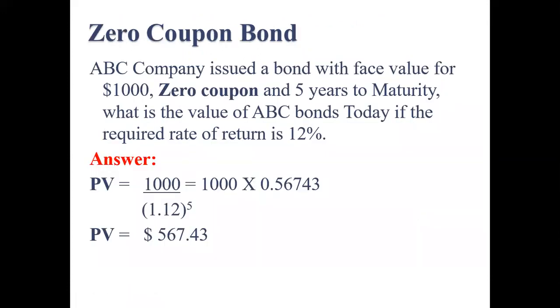After we finish valuation, we go to a new terminology, which is the zero coupon bond. What do we mean by zero coupon? There is no coupon. I'm just discounting the 1,000 face value with the interest rate that I have. So the value of the bond itself will be